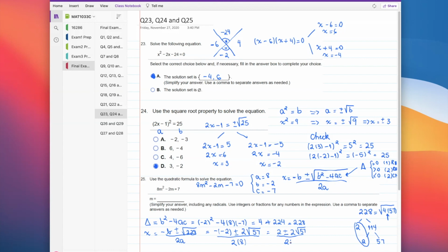I'm going to leave this indicated because I know that I will be able to simplify the 2 with this 2 and this 2 with this 2. And then the 2 will not be there anymore. And then I will have two answers. The first x will be 1 plus the square root of 57 divided by 8. And the other one, the second x, will be 1 minus the square root of 57